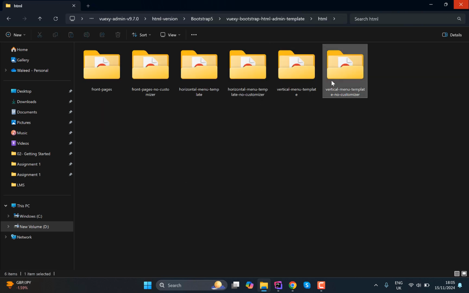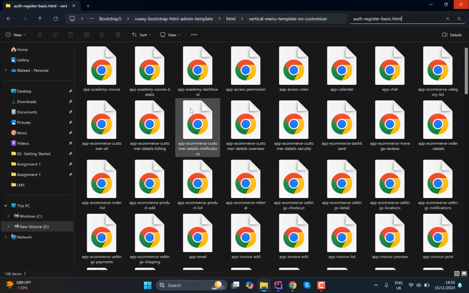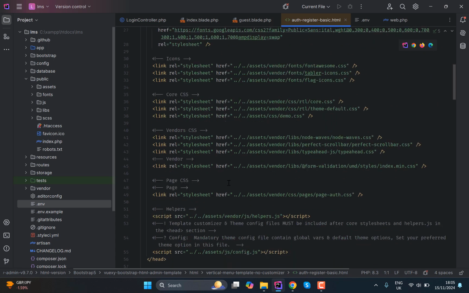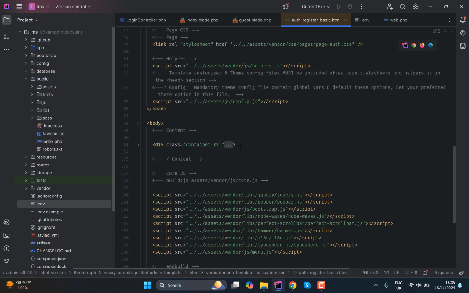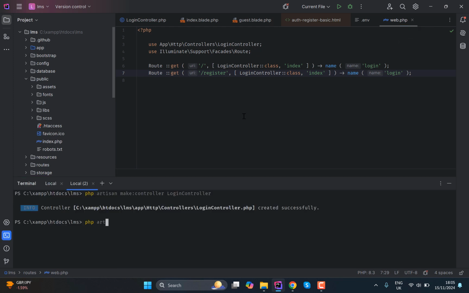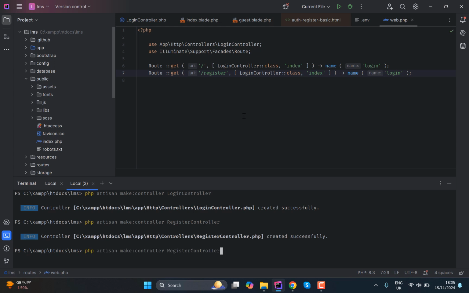We have the HTML and this one, and open that file in our code editor, and just grab the code. And one more thing is for our other pages, we need to create the routes as well. Don't forget that. So let's create a route endpoint of register, create a controller. So php artisan make:controller, and that would be RegisterController. And finally, we also need to create another controller, and that is